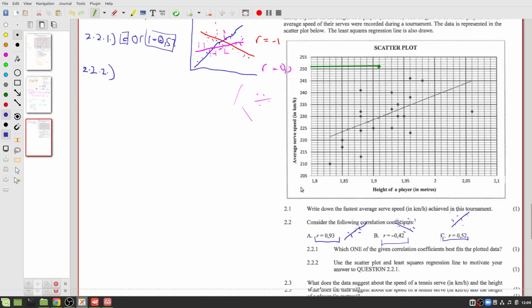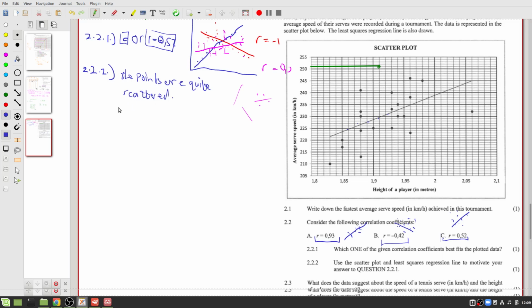2.2.2. Use the scatter plot and the least squares regression line to motivate your answer. Now all we have to do is explain why we said that. And we just did, right? We said that the points are quite scattered. The data are quite scattered, or you could say fairly scattered. This part tells us the correlation coefficient is not close to 1 or